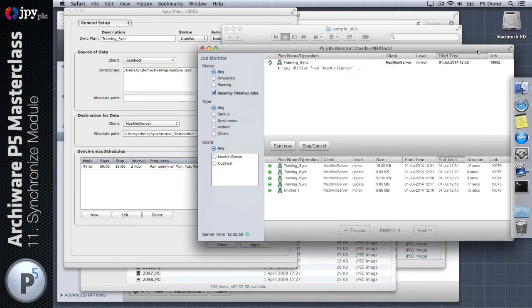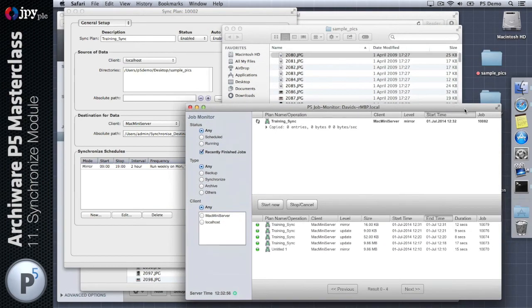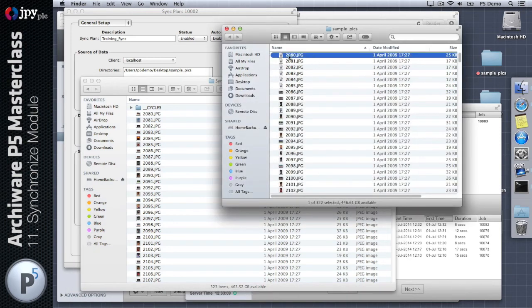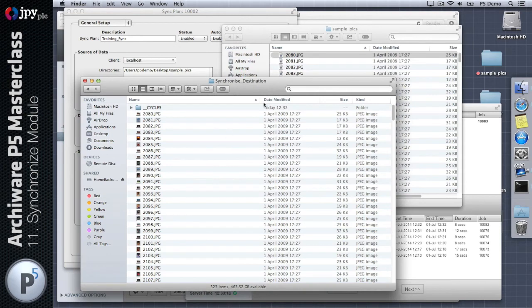and let's have a look at the job monitor. Got lots of windows open here. So the job monitor is running and it should be creating a cycle for us. So yes, if I look at the target folder, you can see now that those 10 files starting 207 have been deleted. So the source and the destination data now match, but there's a cycles folder here,